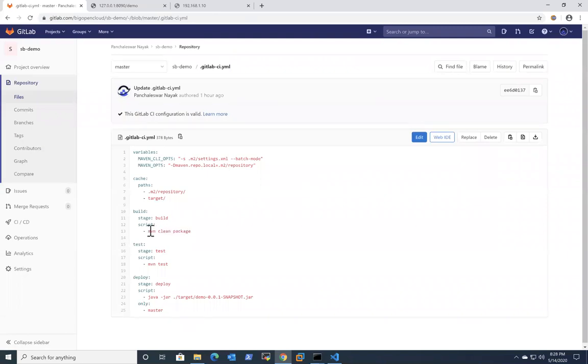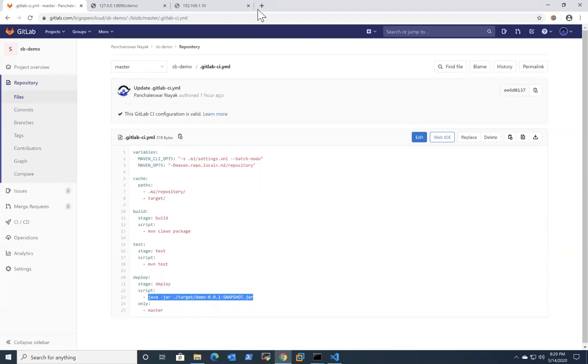I have given mvn clean package, and mvn test for the test, and java -jar just to deploy or run it. Same thing, just to make it fairly simple. But obviously it needs a system to run or build it, and we have not yet given it a build system. So let's build that first, and for that